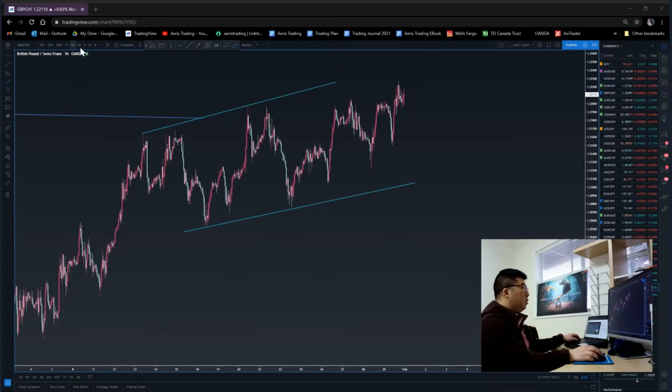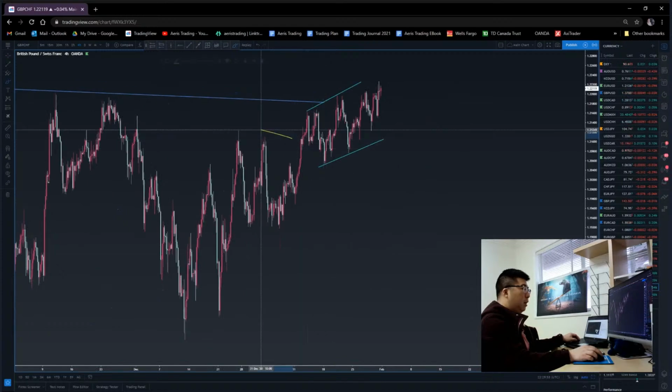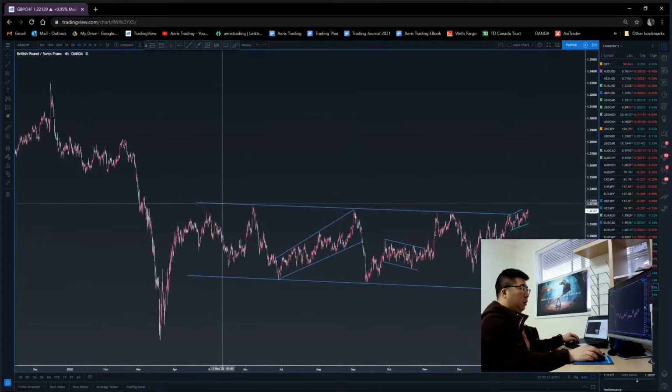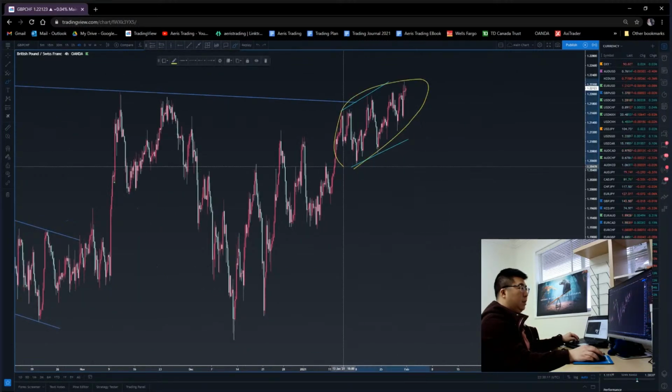Pound Swiss. I did want to go over this, it's interesting. There's also a reason why I really didn't like Pound Swiss, or all the other Pound pairs for that matter, when price was correcting in this area. From a higher time frame perspective though, this is kind of a higher time frame parallel channel. We're at the top of the structure here, and it looks like this is an ascending channel in the